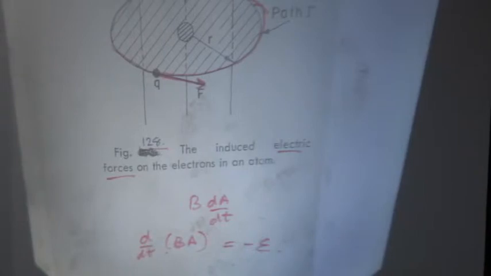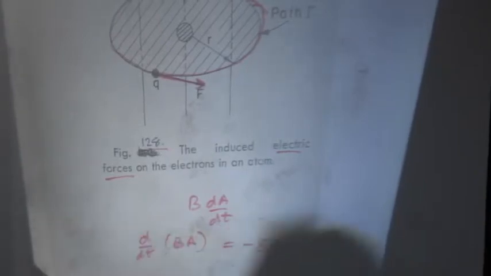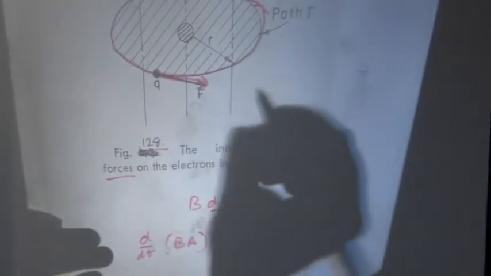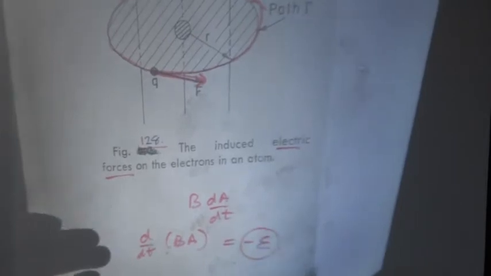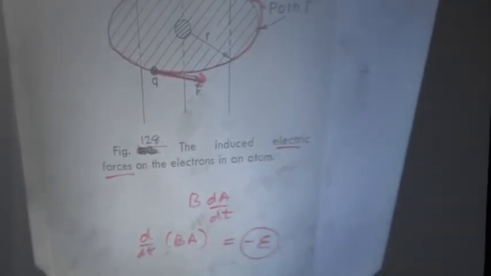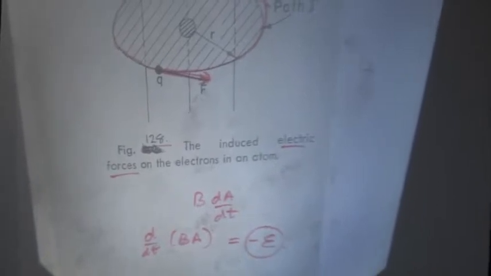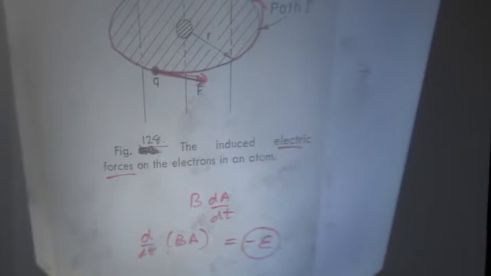So what you get is that the orbital angular momentum is reduced by a certain amount, and because of this negative sign in the EMF, the magnetic moment that's induced is opposite to the magnetic moment of the spinning